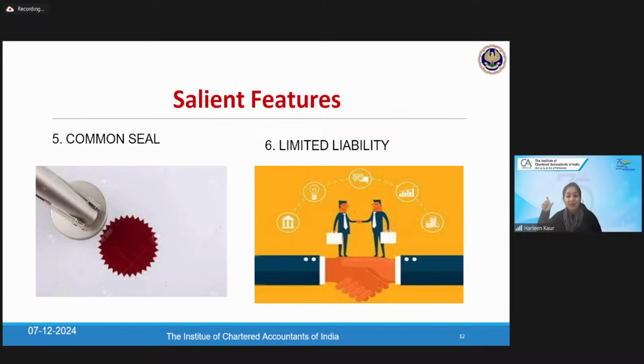Whatever the stipulated amount of guarantee which has been given by the shareholders, that is the only amount that can be used in order to pay off their liabilities. B cannot be asked to pay more than 15,000 because he has given the guarantee for 15,000. Excellent answer, Mr. Abdul. Very good. And C can be called upon only to pay 20,000. So this is the meaning of limited liability, and there can be a third category, which is unlimited liability